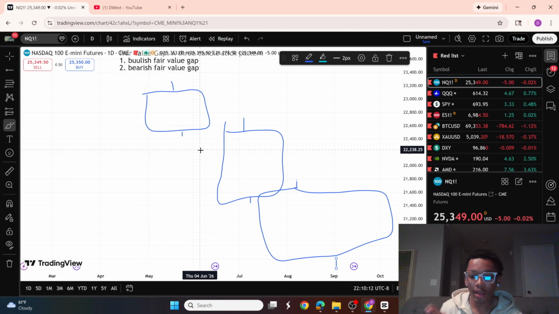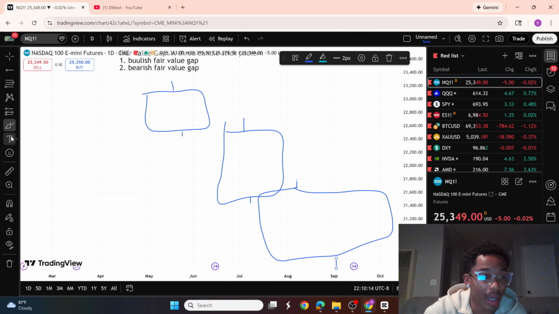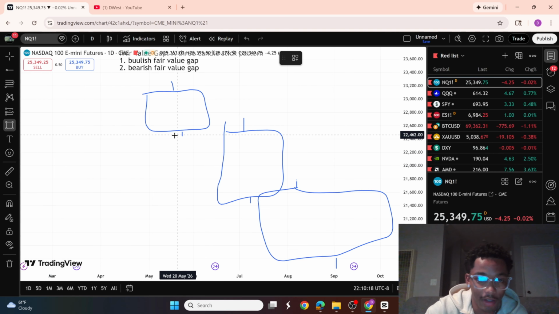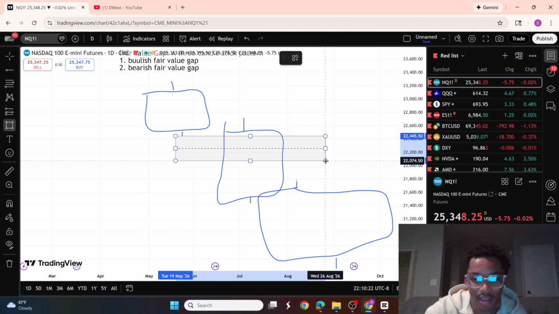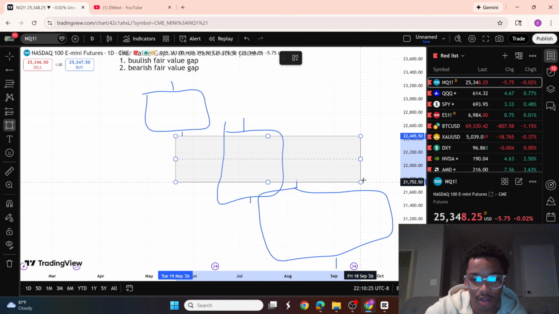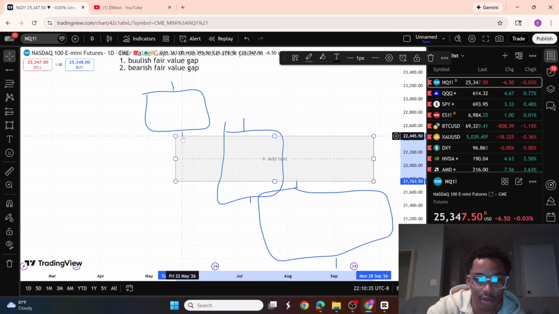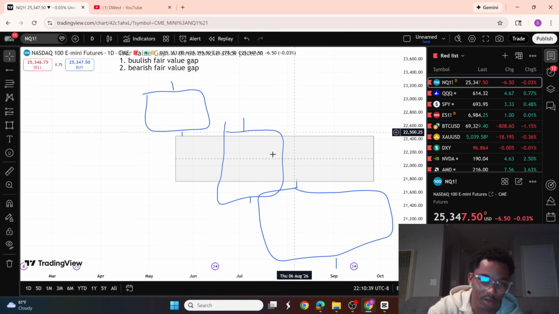Okay, in this case, a bearish fair value gap is going to be the bottom wick of the first candle, the full body of the second candle, and the top wick of the third. Notice how they both have in common the whole body of the second candle. This is where the whole gap thing comes into play, because there's a gap between the first bottom wick and the third top wick. This is a bearish fair value gap.